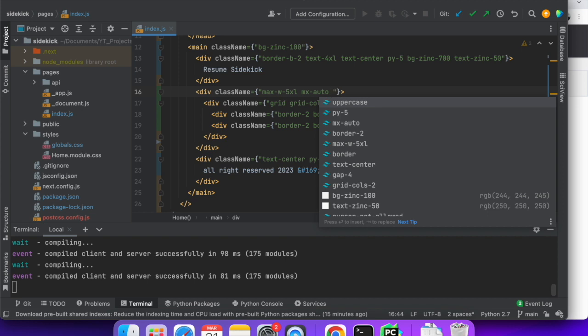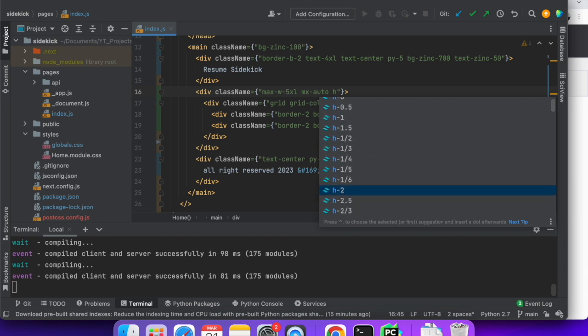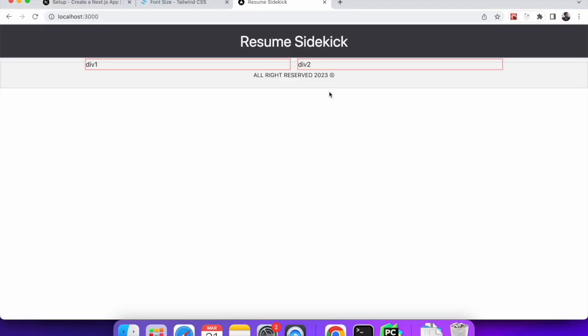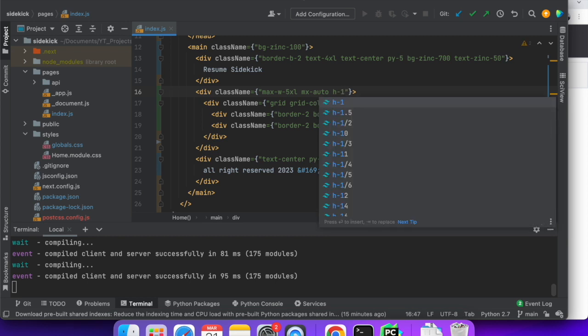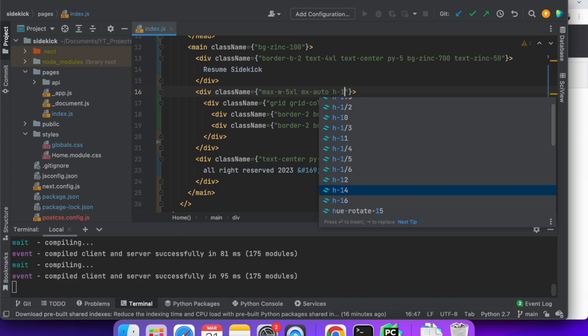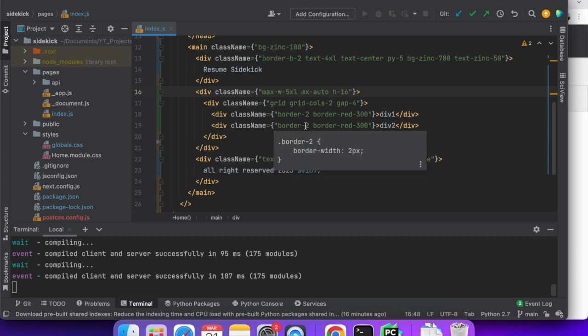Yeah, so the height. One way to give the height is height screen. Then there are many classes of heights that you can give. It is a very small height, in fact it's very less. Height 12, height 16, there are predefined heights. You can see the height is increasing, but we want it to stick at the bottom. So what we can do is we can use calc. So something like